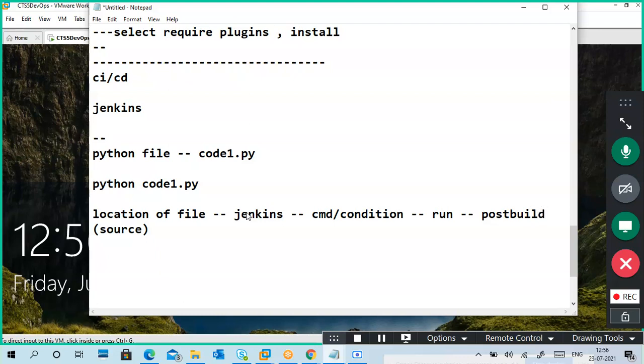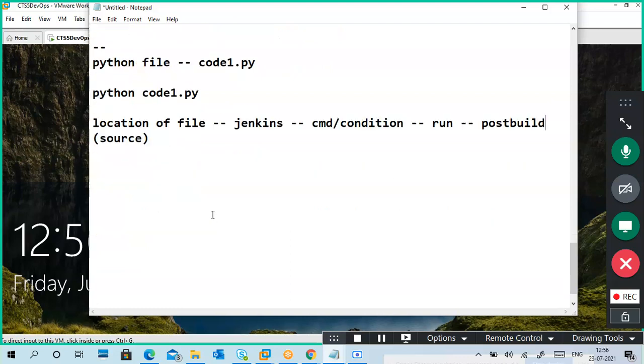So different kinds of things we can do. I will see that. So this is Jenkins automation. Normally you can execute like this, but in Jenkins you have to tell the location of the file. Jenkins will take it and run it as per your condition. It is a very simple, small one, so you don't need to worry. But for very big projects, multiple-step projects, we can do it. This is the first, simple one.